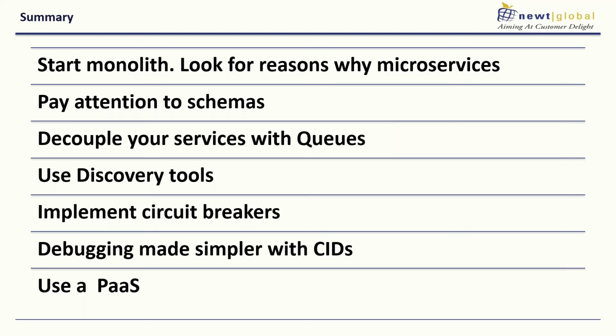A couple of gotchas in the entire microservices development. Pay attention to the schemas. Try to get a semantic numbering system into the whole thing, and that will help you manage and coordinate with your operations teams. The other thing is, you need to decouple your services with queues. We use Apache Kafka a lot to create a proper publish-subscribe model, but you can use RabbitMQ or whatever queuing tool you prefer. But it's important that you use that.